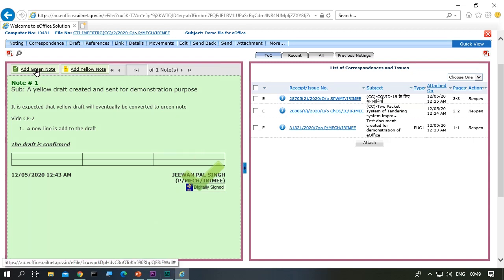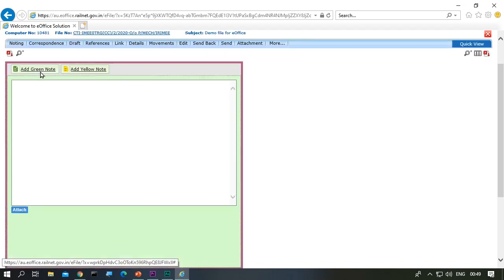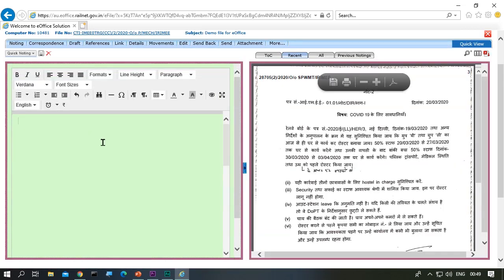Okay, add another green note. You cannot edit the old one because it is already signed. So let us add another green note. But while you are adding this green note, the earlier notings are not visible. If you want to look at the previous notings, a separate tab has come on the right side over the CP window, which is called previous notings.